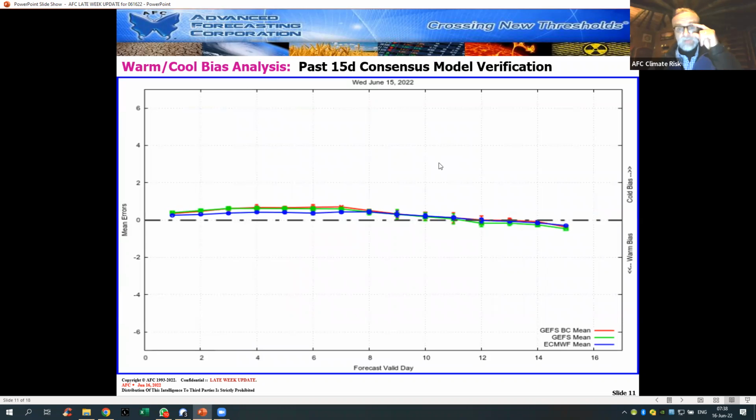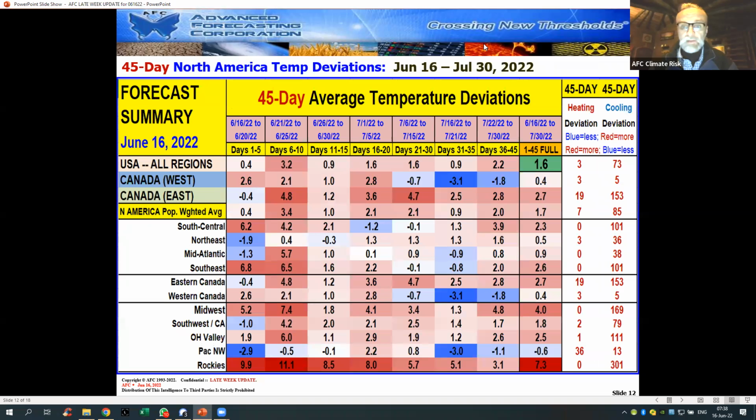Past 15 days consensus, very, very accurate on the total degree days, which is good. Our magic number is 1.6, went down a little bit because obviously we are now going into the second half of next week. We're adding in that cooling air, okay? Coming back down to really near normal, that seasonal demand. And then we expect it to take off in July again. Notice the cooler air, that's what we're really adding in.